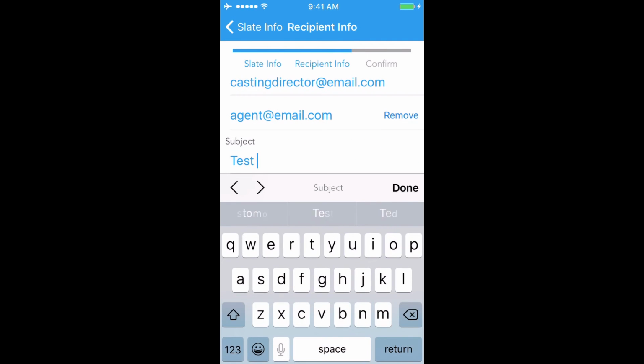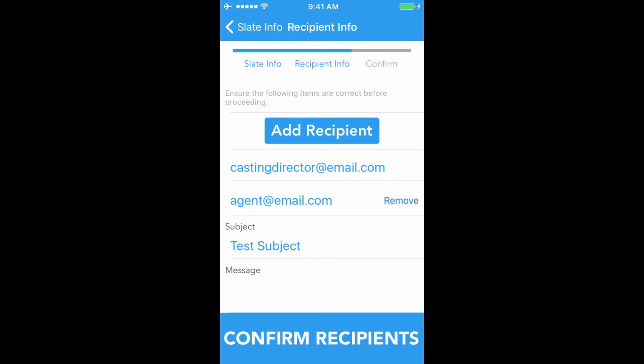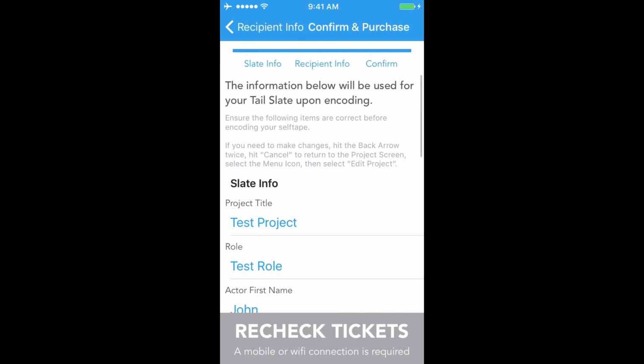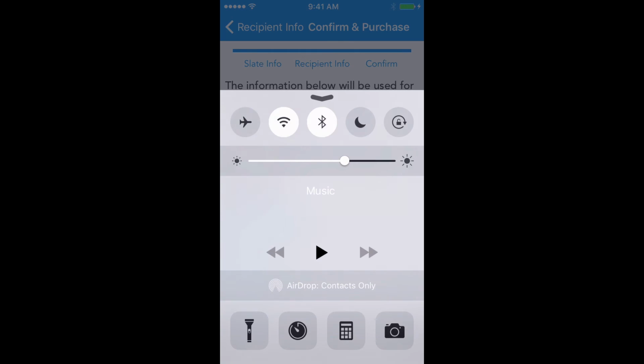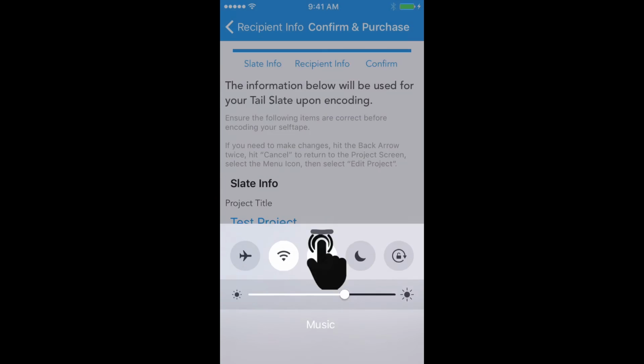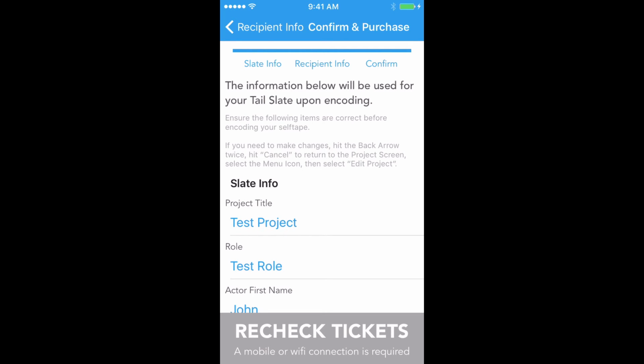Next, type a subject. The message field is optional. If you wish, type a message. Once you have entered all the recipient info, select Confirm Recipients to proceed. If not already done, now is the time to turn off airplane mode. If you reach the screen with airplane mode activated, after deactivating, select the Recheck Tickets button to refresh your ticket